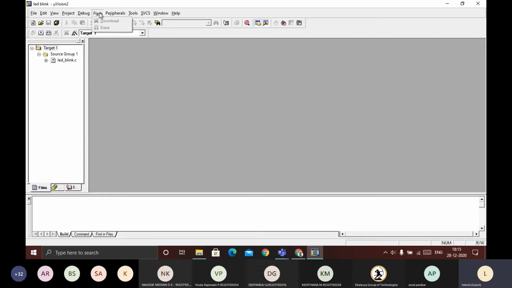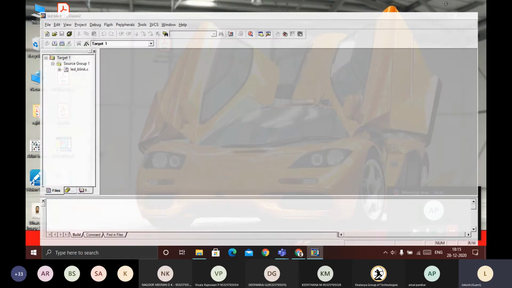Flash, actually, we are going to be creating a program. But my whiteboard is not working properly. If it works, then I can draw that one. So let me try one more time. If it works, then I can explain clearly. So I will try one more time. Yes, now it's working.